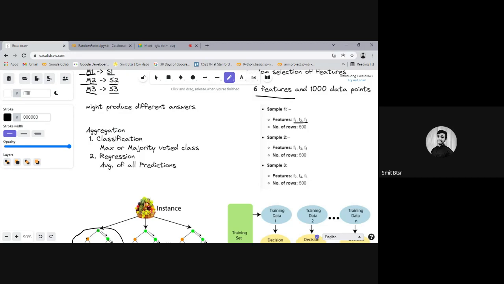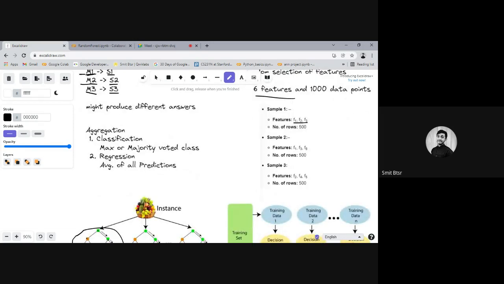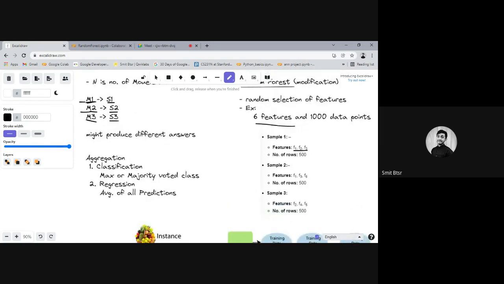To bring diversity to the votes. If we have six features, we use the first, second, and third features for the M1 model. Then for the M2 model, we use the first, third, and sixth. And for the M3 model, we use the second, fourth, and fifth. So we basically want to diversify all these models.